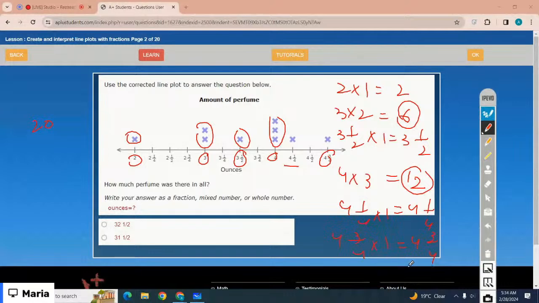You can add these two values: 4 and 4 makes 8, and 1 over 4 plus 3 over 4 makes 1, so that means 9, right? When you add these two, they make 9, and then 3 whole 1 over 2. So you can simply add 3 plus 9, 29, 30, 31, 32. That is 32 whole over 2. The correct option is 32 whole